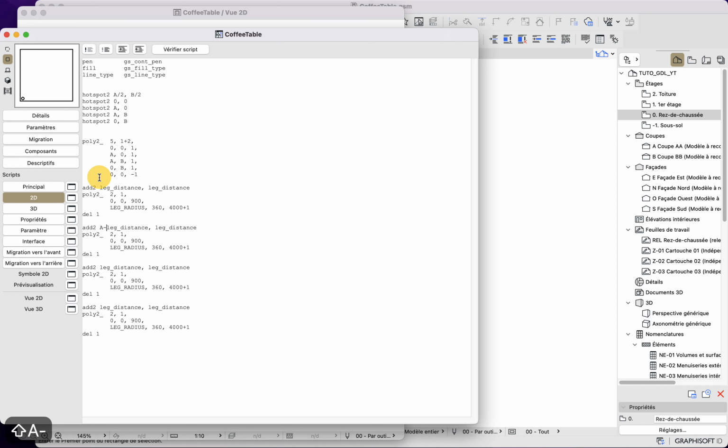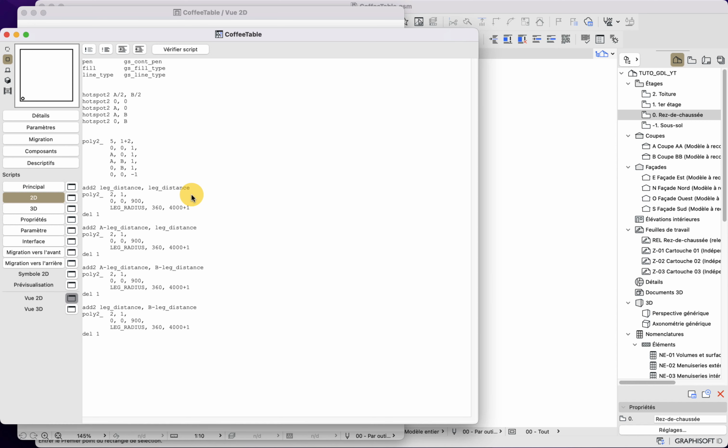The third one will be at A minus the leg distance, but also at B minus the leg distance. And you can see I'm doing calculation directly in the command. And the last one will be at leg distance and B minus leg distance.